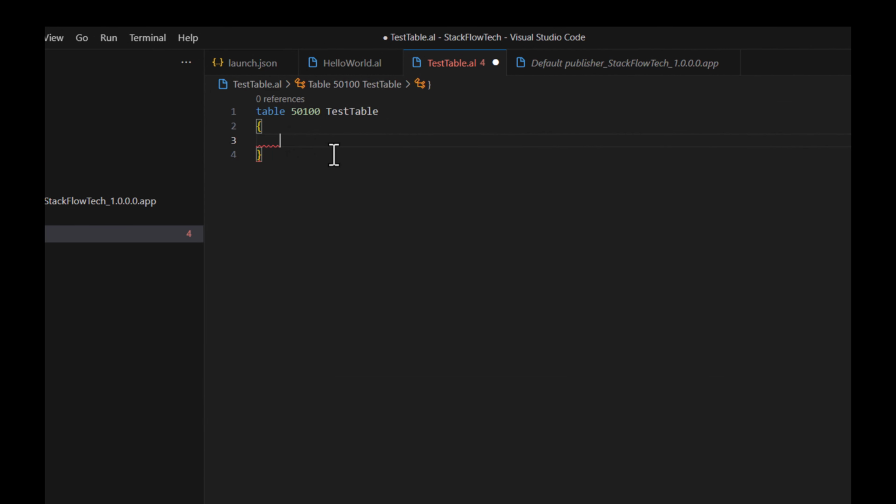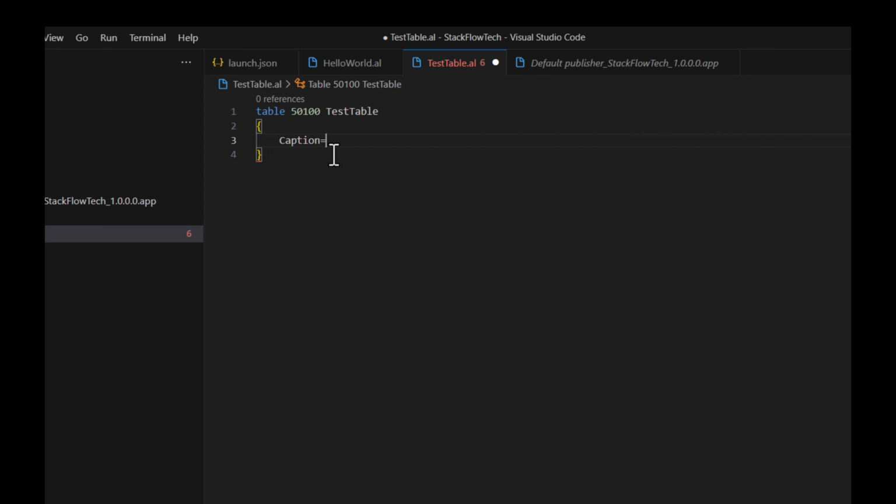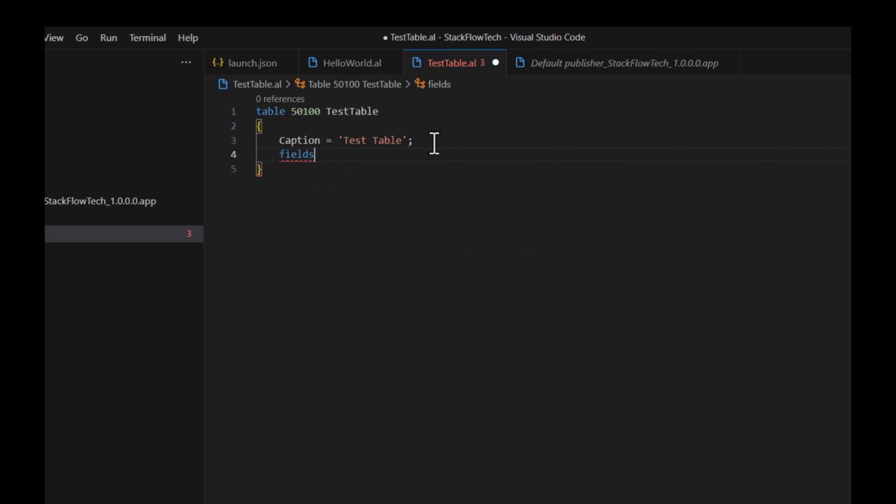The table properties may also include something like Caption. You write the caption as Test Table. So this will appear as the name of the table, but the actual name is TestTable without the space. The table has fields,